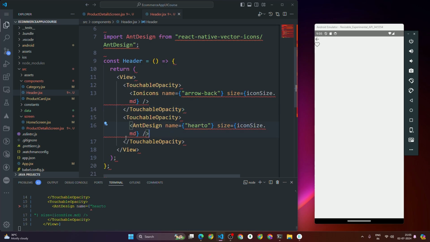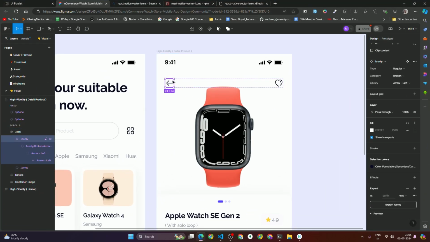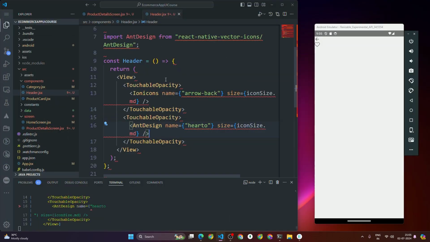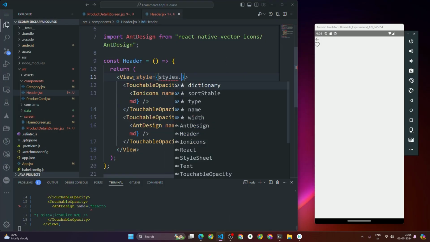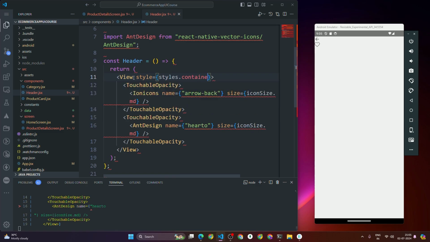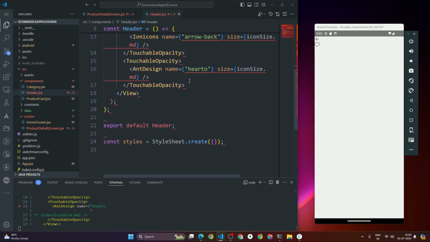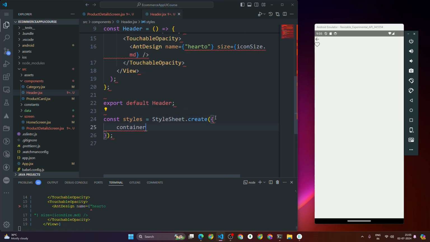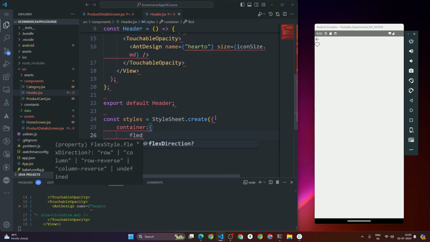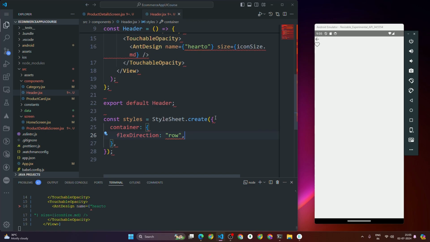Now after this, if you see here, we have to make it flex direction row and justify content space between. So let's do that as well. I'm going to write style is equal to styles dot container. I'm going to copy this line of code and add it here, and write flex direction as row and justify content as space between, and after that, I'm going to add alignItems